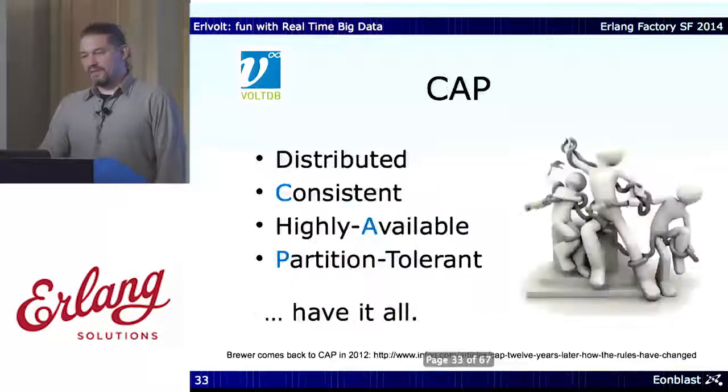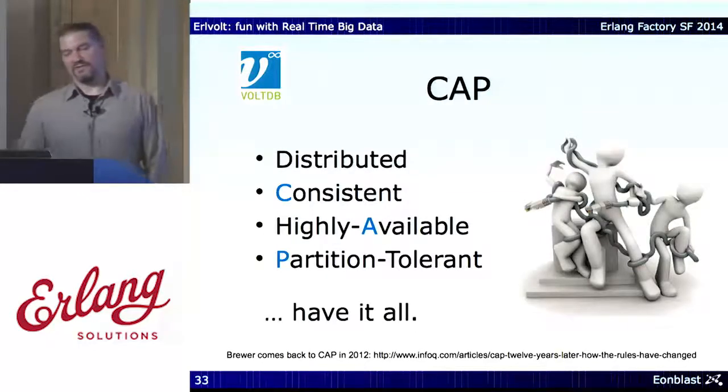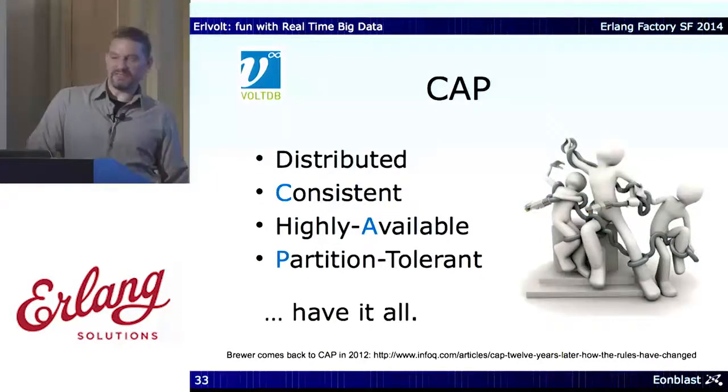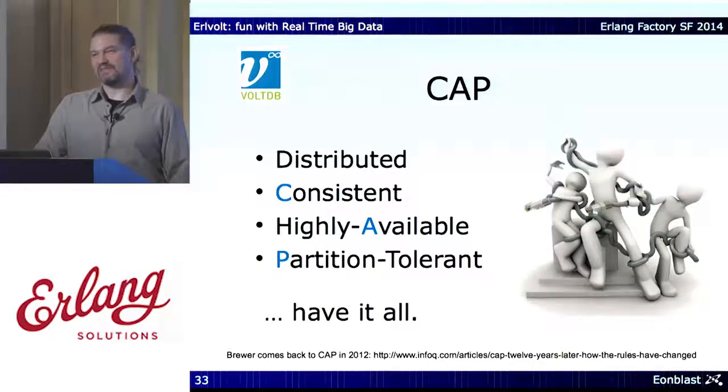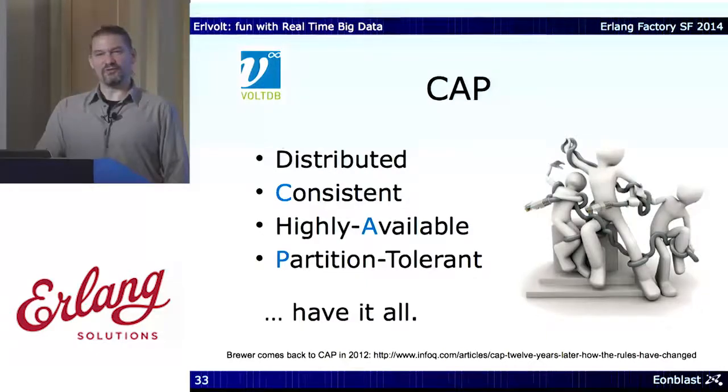Now, with CAP, I mentioned that Stonebraker argues it can be very misleading because certain kinds of catastrophic events are not so relevant anymore. Networks are now highly consistent. And also Brewer came back to CAP in 2012 and restated some of his earlier proposals about the distributed choice you have to make, which in CAP means you usually have to decide that you only take 2 out of 3.